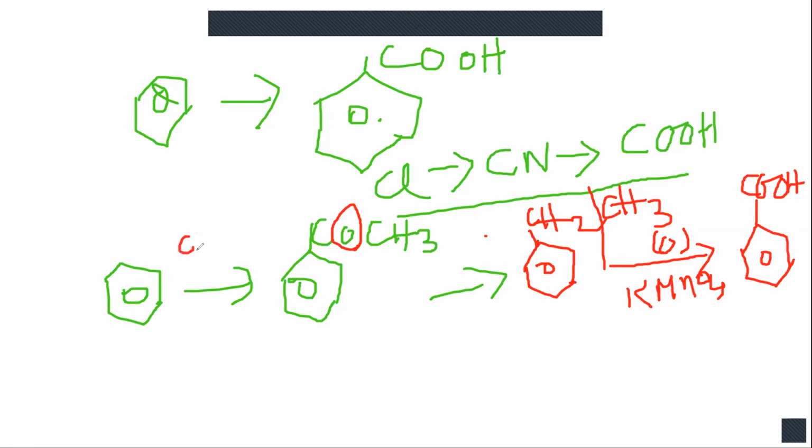You have to take acetyl chloride. This is 11th standard portion. CH3COCl, acetyl chloride, in the presence of anhydrous aluminium chloride. So this is a Friedel-Crafts acylation. One Cl will be removed. Then after removal of Cl, the COCH3 will get connected to the benzene ring. This is known as acetophenone.